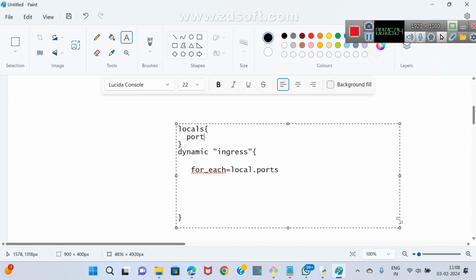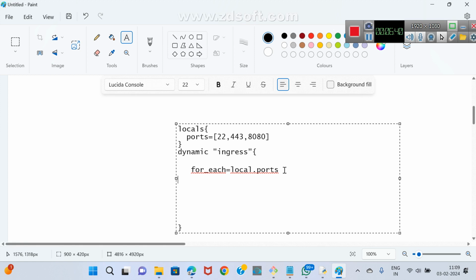There ports is equal to, please respond, how to assign ports here. There first one is maybe 22. Second one is 443. In between comma is there. Next, if you want to go for 8080. Are you understanding what I said? This is the way we can represent ports. Is it clear for you? Now, automatically it is assigning here.